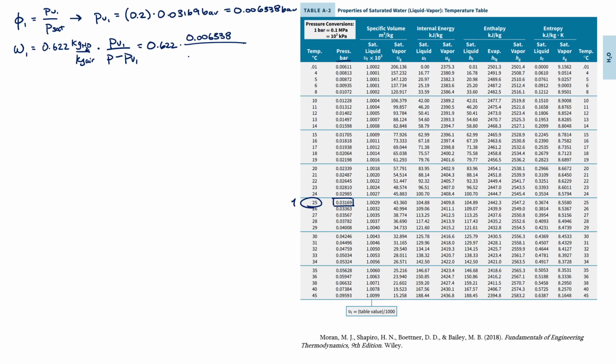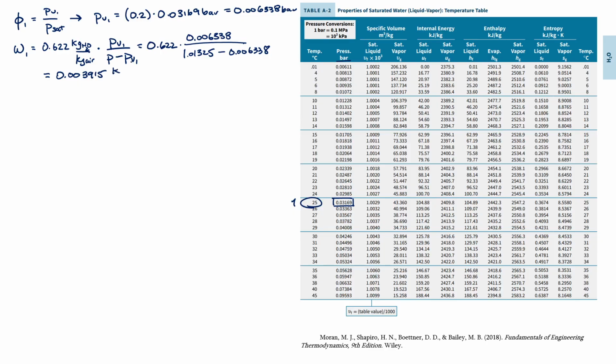Divided by, well, I need to change 1 atmosphere into bar, which is 1.01325 bar minus 0.006338 bar. That is going to give me a value of 0.003915, and that is